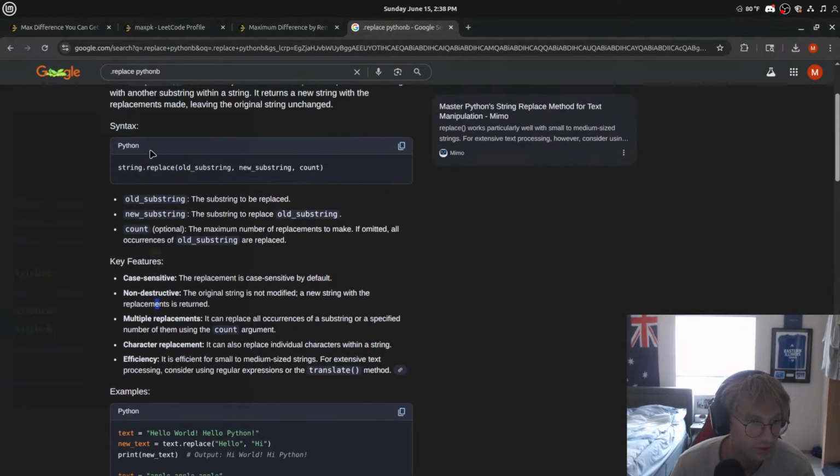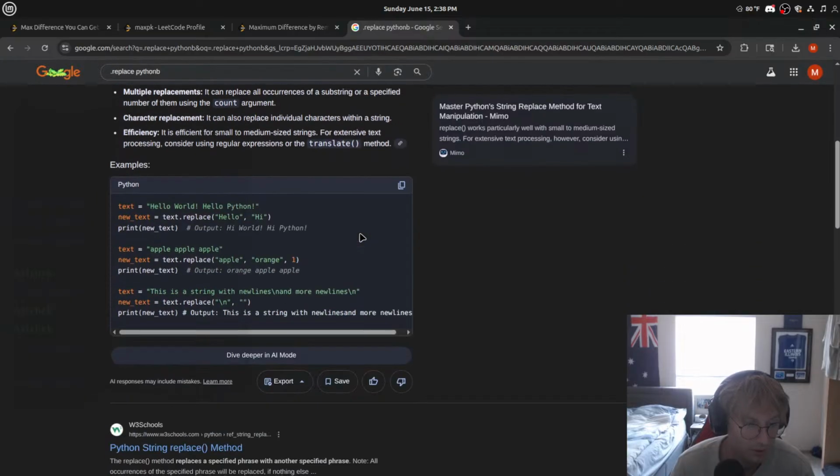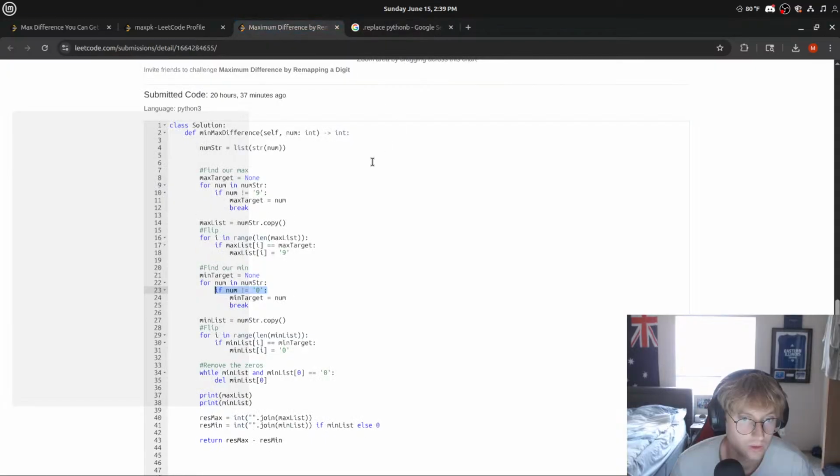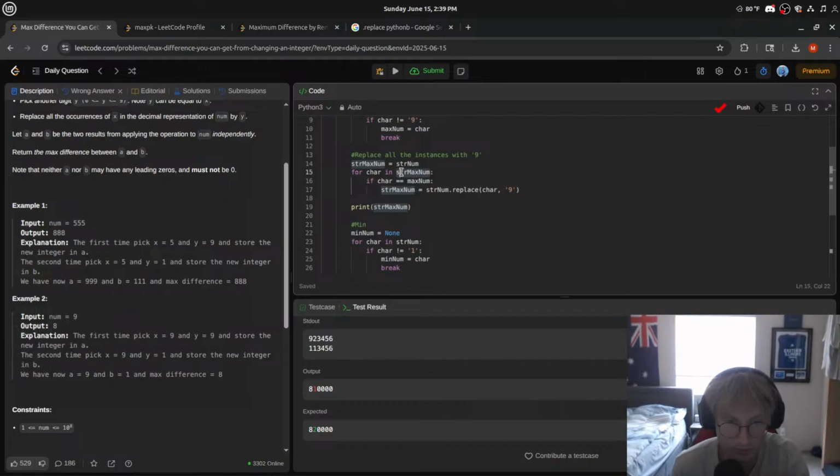So what does this dot replace do? Dot replace method used to replace. Okay, I've never used this dot replace function before, so I'm kind of curious what. Let's see what we can do. Okay, so we come down here, instead of looping,